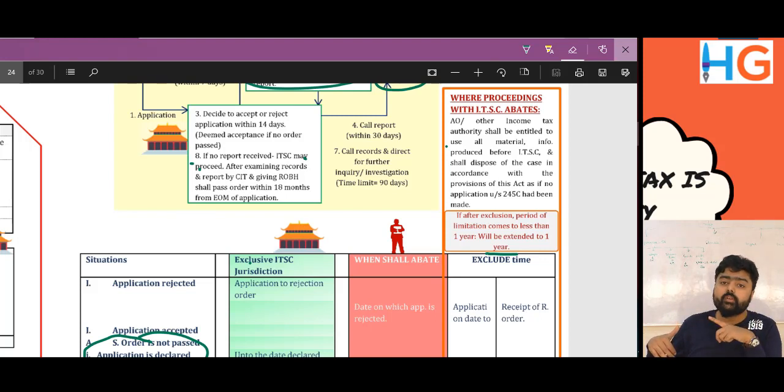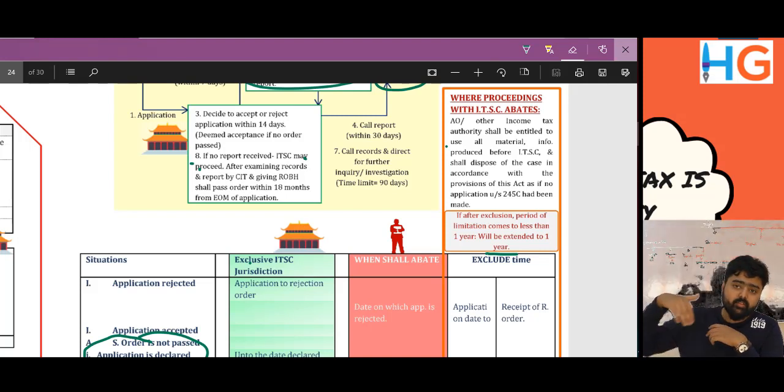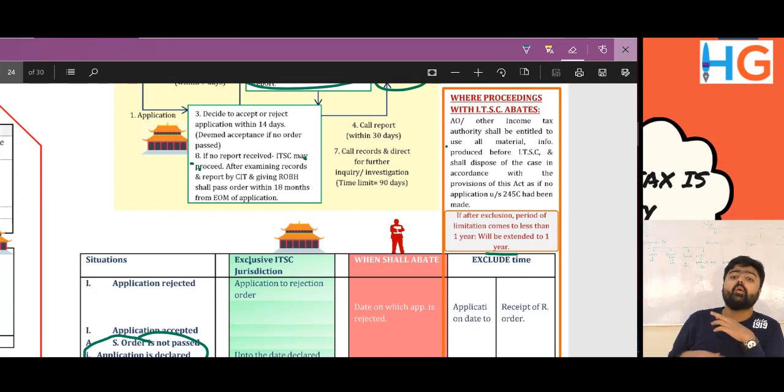Now what will he do? He will use all the material and all the facts disclosed in the Income Tax Settlement Commission, and make the case. Simple. The time limit for passing an order by the AO will exclude the time spent in the Income Tax Settlement Commission. If after excluding that time the limit comes down to below 1 year, it will be extended to 1 year.